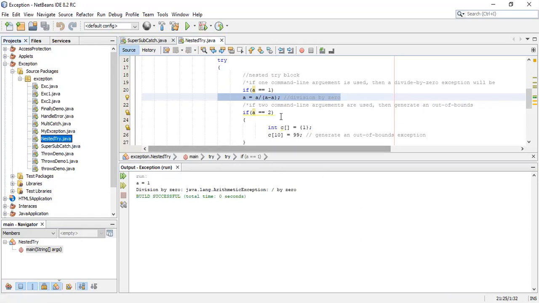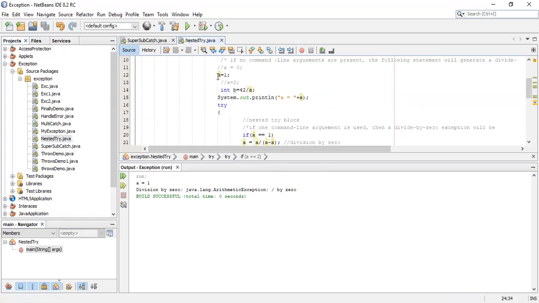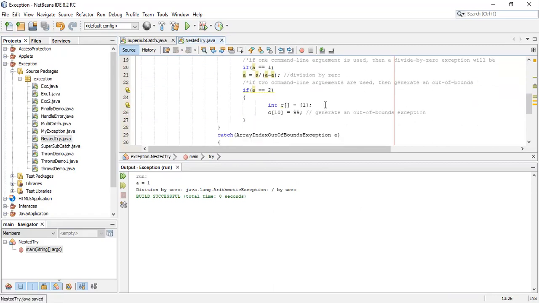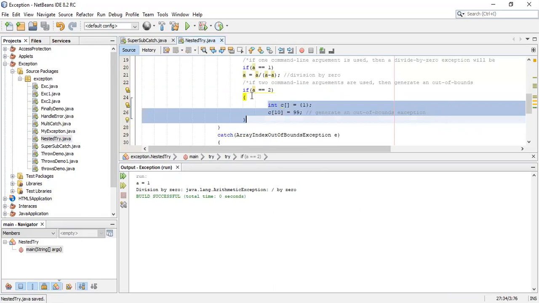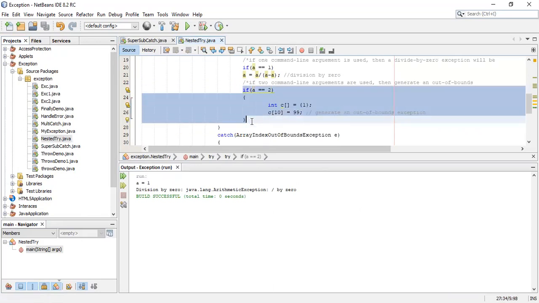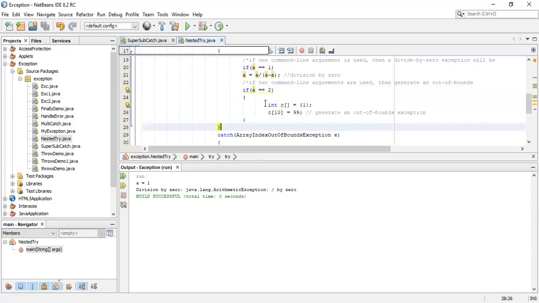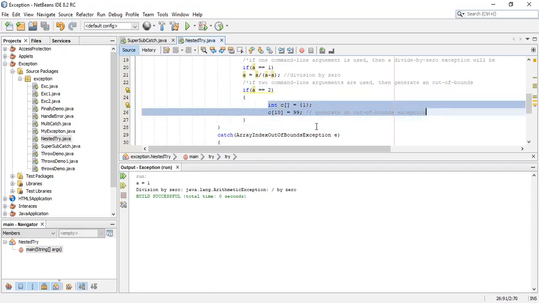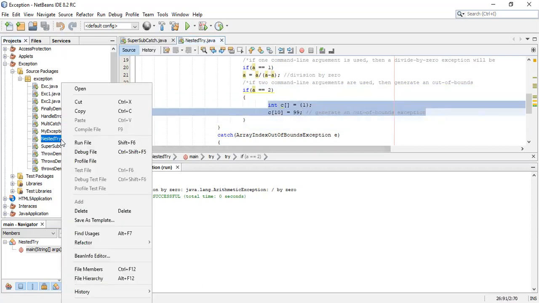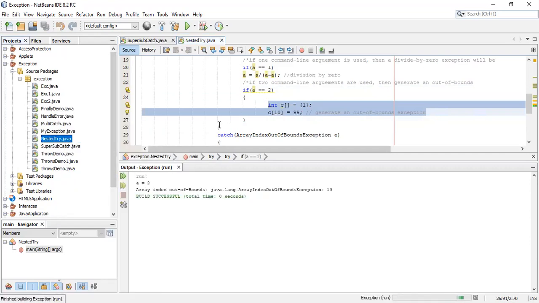Okay. Now what we do, we will make it a equal to 2. We have to comment a equal to 1, then uncomment a equal to 2. Okay. So if a equals to 2, the first two errors we will not get. That means we will not get the division by 0 error. We will get this error. That is, if a equal to 2, this condition is true. So program control will come inside this block. So this will be executed. So we'll get array index out of bounds exception. So we'll just try. See, array index out of bounds exception.